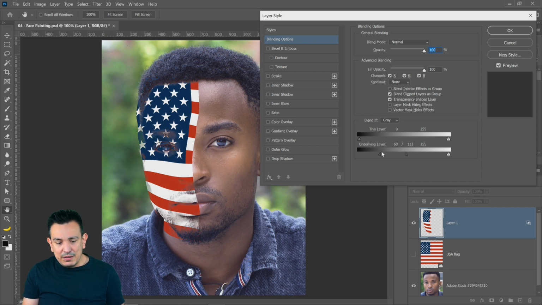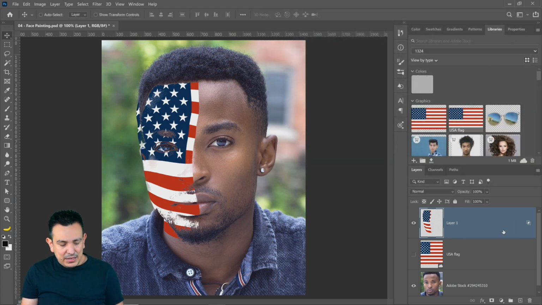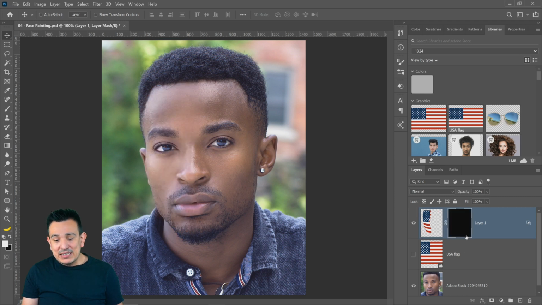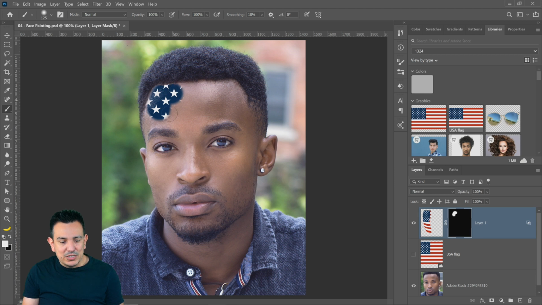And his mouth, lips, and all those dark areas that really shouldn't be hidden are coming out. And obviously you would need to fine tune it accordingly. Do the same for the highlights so that the highlights come out like so. And obviously what I'm going to do now is hold Alt on Windows, Option on the Mac, and click on the layer mask icon to hide everything. And now I can selectively paint in my flag